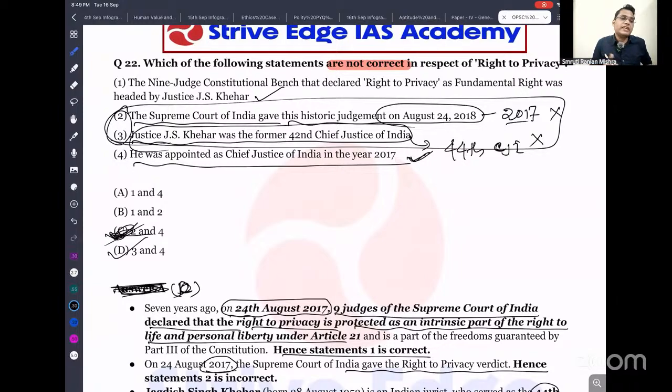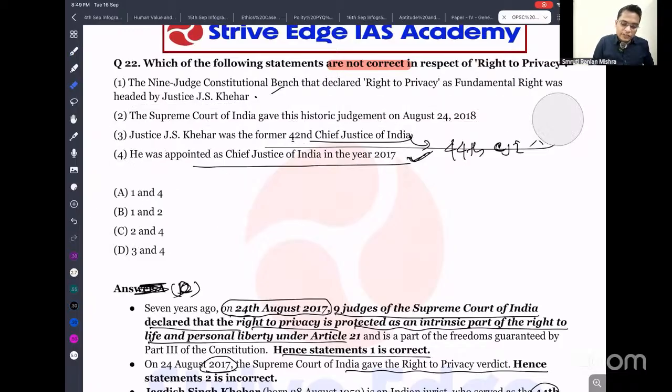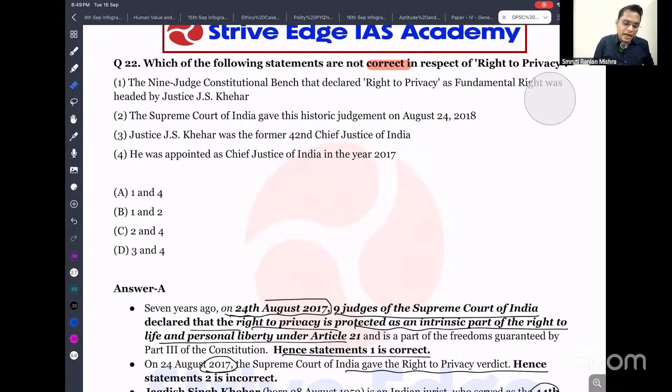Dear student, be very careful, because you can see there is a lot of confusion here. How are you going to approach this question? First, read the question and note which statement is right and which is wrong. Here it is right, here it is wrong, here it is wrong, here it is right. Then you read that it is given not correct. That means 2 and 3. So the answer is D here.